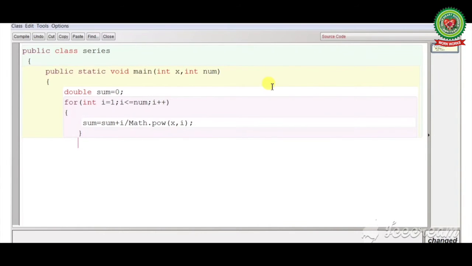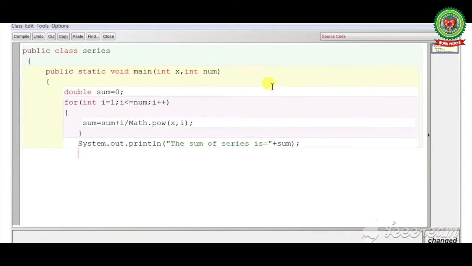Now we have to print the value at the end. So we have written system dot out dot println, round bracket start, double quote start, the sum of series is equal to, double quotes close, plus sum, round bracket close, semicolon.